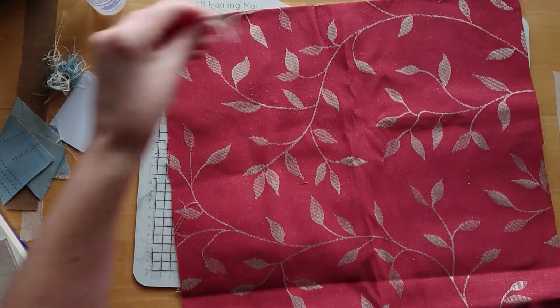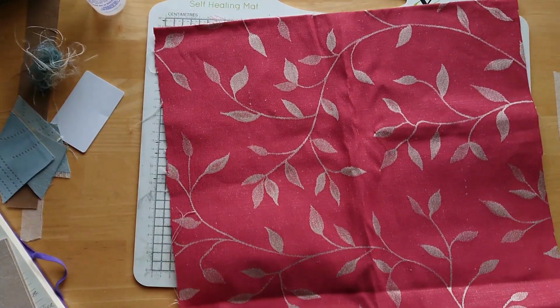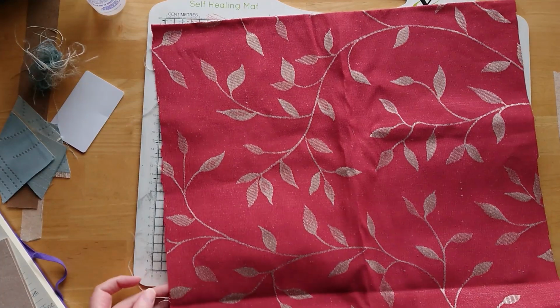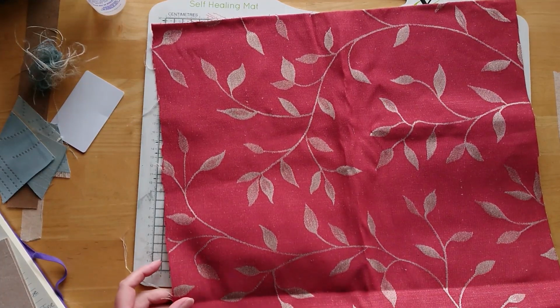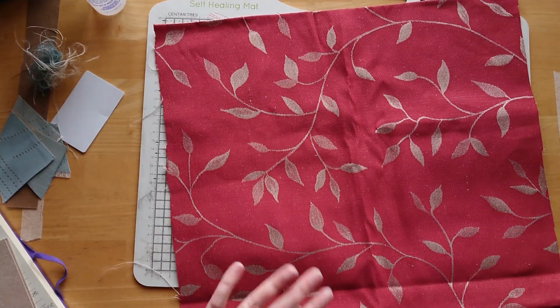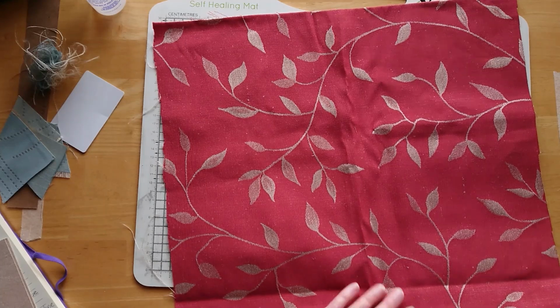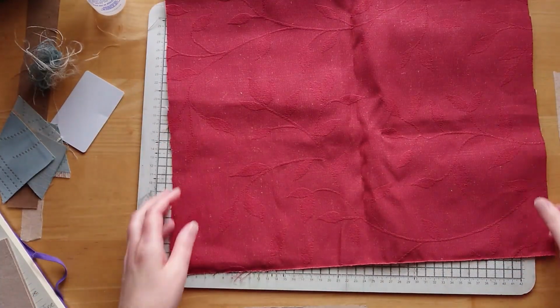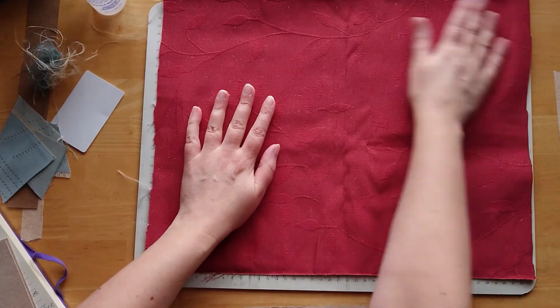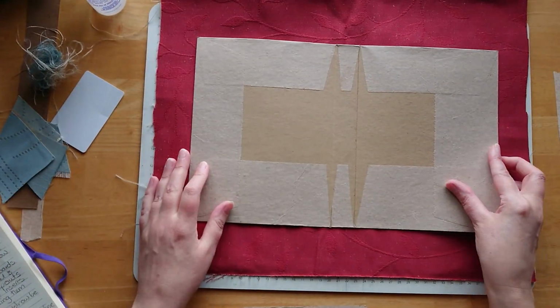Looking at that offcut, so again, this is some nice upholstery fabric that is just an offcut of it. You can get fabrics from charity shops or thrift stores, I think you tend to call them in America, or you can use clothes or clothing, anything really, any bit of fabric that you like. So we're going to do exactly the same again,